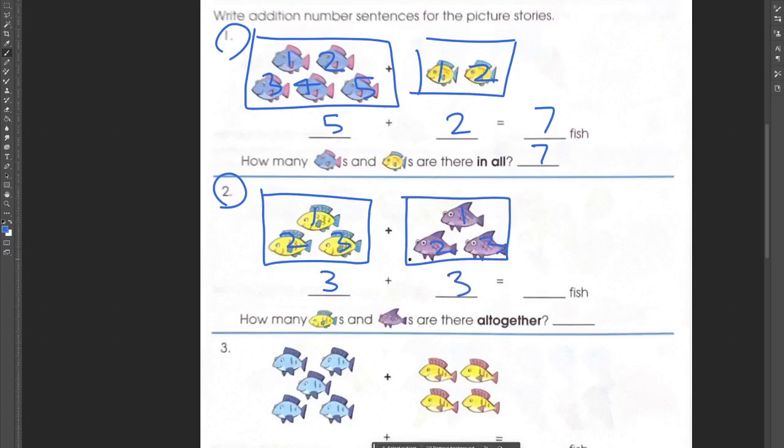And then we just add 3 plus 3. Again, if you know your doubles, you should know that this is 6 fish. Of course, you could use strategies like the number line or any other strategy that you want, but it's always handy to know your doubles. So, as always, we'll just put 6 here,